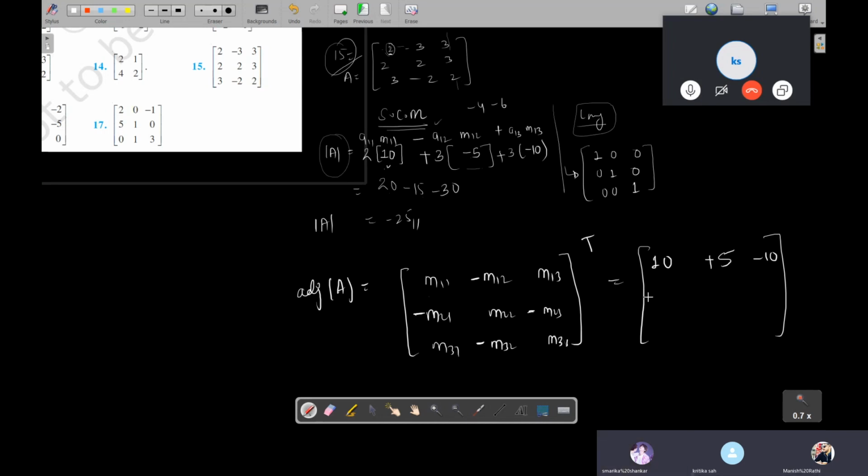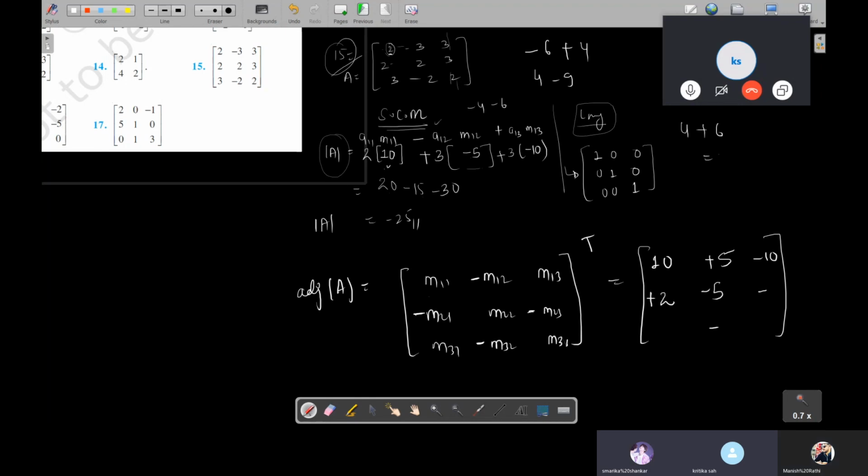Similarly, note for m21, m22 and m23, let me know what values there will be. For m21, you will hide this element: minus 6 plus 4, minus 4, 2, minus minus plus 2. What about m22? As this is a shortcut method, I'm not solving entirely. I'm just writing the values, because even in a shortcut, if you provide the entire explanation, it will take long. It will consume more time. What about m22? 4 minus 9. The value will be minus 5. What about m23? 2 times 4 plus 6.